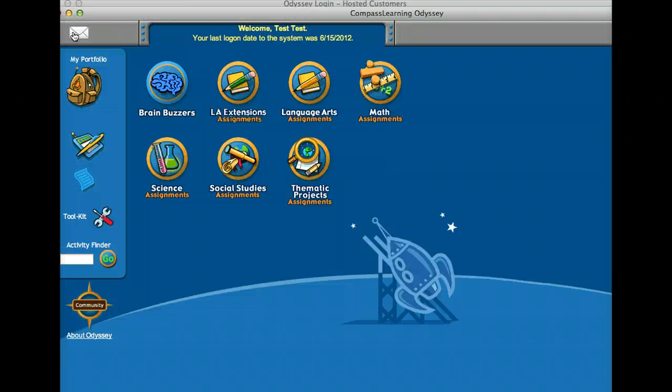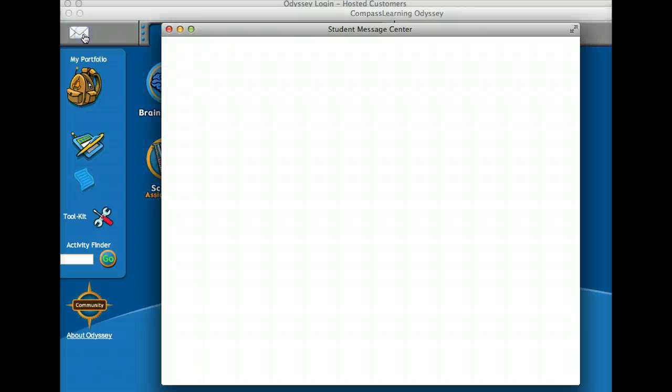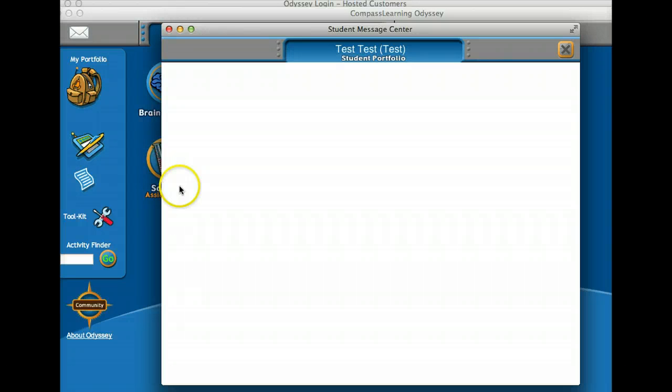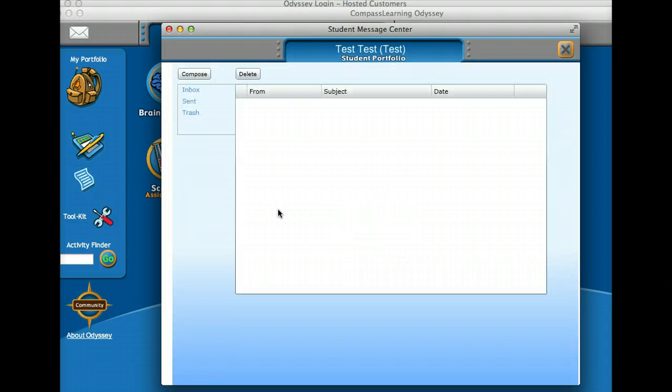Now let's talk a little bit more about some of the other features that you're going to find here in Compass. Of course, you have this right here, which is your email feature. If you click on the email feature, it's going to be called the Student Message Center. This is where you can email your teachers or get email from your teachers. All right. And you're going to be doing that by looking at, you can compose an email,